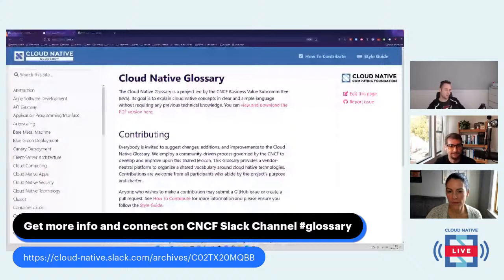Yeah, so our first version of the glossary, we released originally at KubeCon EU, and I think we had 25 terms or 10 terms, whatever it was. Our initial version was a PDF, and we dropped that as quickly as we possibly could because it goes stale fast. It doesn't auto update. There's actually a link to view and download the PDF version.